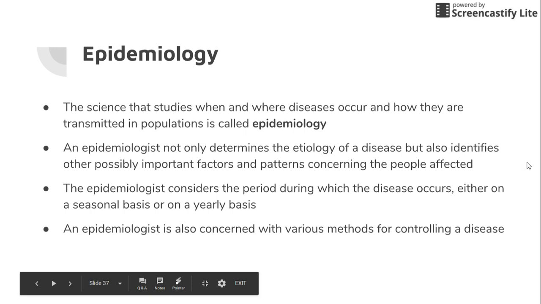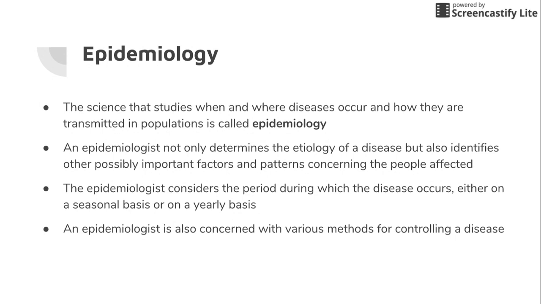So you clean up the water supply, and once you do that, then you get control over the infection as to wherever it was. Another thing that they look at is when does this particular illness occur? Is it seasonal or is it yearly? So seasonal would be based on obviously a particular season. So say flu season, cold season, things like that. We know that for us in the wintertime, those common illnesses are